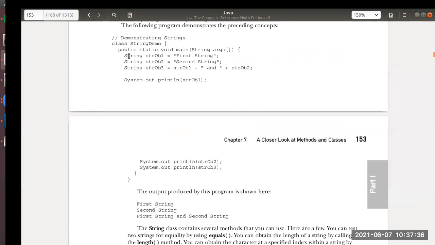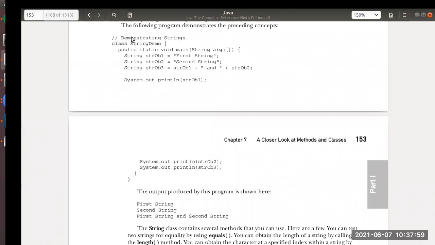Okay, then this is a simple program which you can see over here. You can see string object ob1 which is initialized with the value first string, string ob2 initialized with second string, and you all observe here what string ob3 is initialized with. It is concatenated with one string which is again concatenated with the second string.